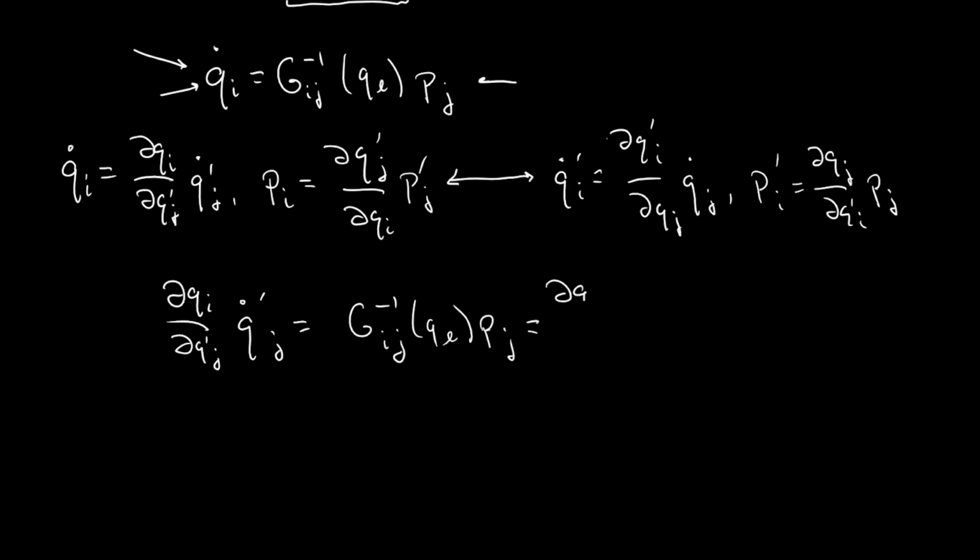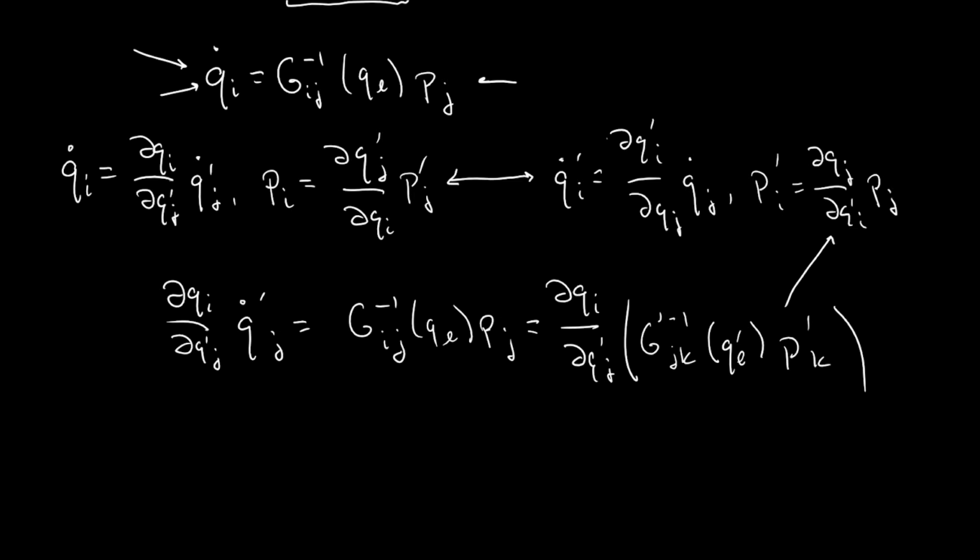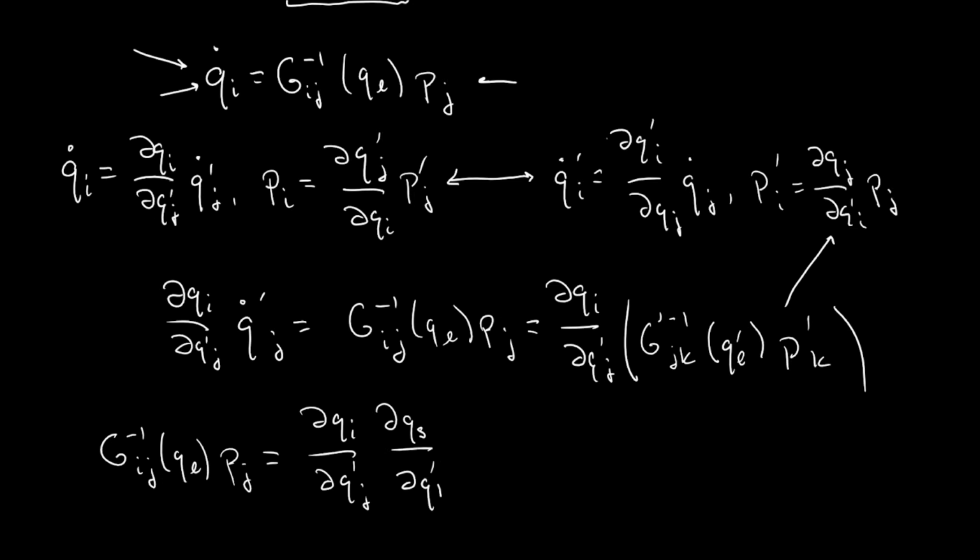So I'll write G prime inverse, running out of indices, and then G prime inverse, sorry, I just want to make sure that I don't screw anything up here, P prime K. But I know what P prime is in terms of P, so then I know that G inverse Ij ql pj is equal to qi q prime j, and then I transform P prime d q,